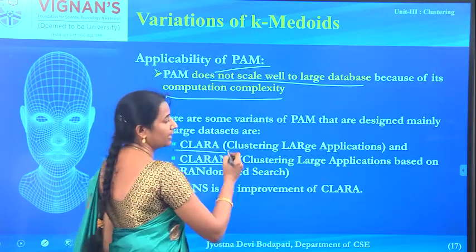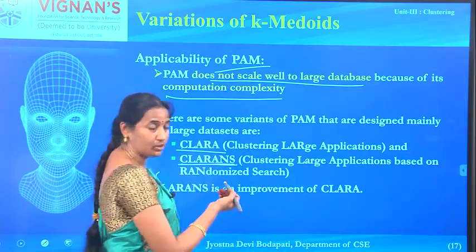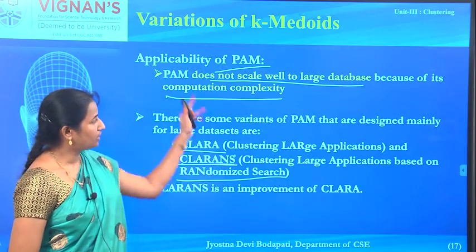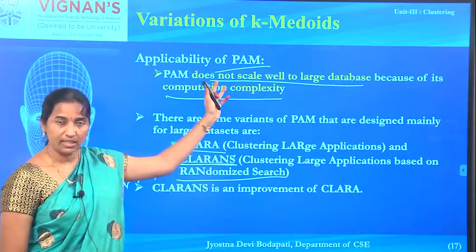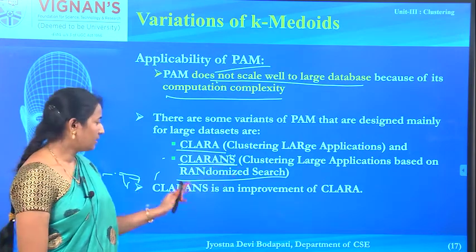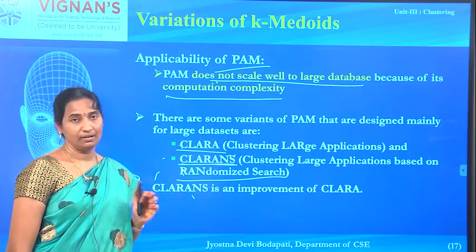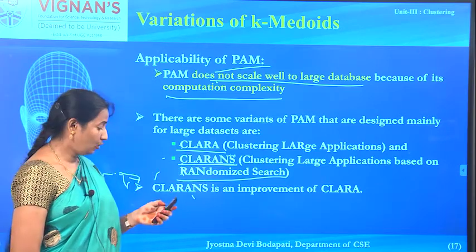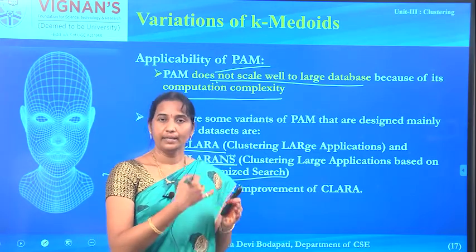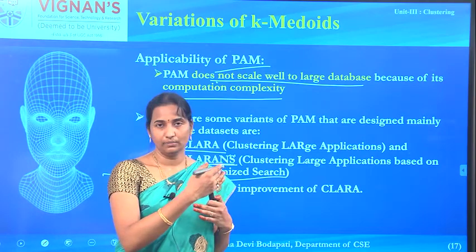So CLARA stands for Clustering Large Applications, and CLARANS stands for Clustering Large Applications based on RANdomized Search. These two are variations of the PAM algorithm that we just discussed, and they can deal very well with large data sets. CLARANS is a much-improved version of the CLARA algorithm. That's how we can form clusters using the K-medoids algorithm, and the K-medoids algorithm is much more robust than the K-means algorithm